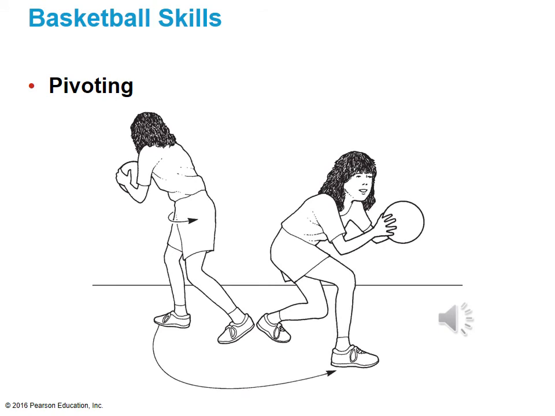Pivoting, I want you to know, is an act that you are going to do as a player to protect the ball by keeping the body between the ball and the defensive player. So you're going to maneuver to where one of your feet is the pivot, and it's going to stay in the same location, and the other foot is going to be moving while you're moving the ball to keep it away from the defense. Pivoting is a very challenging skill to teach. I would introduce it to 5th grade, but don't expect much success.